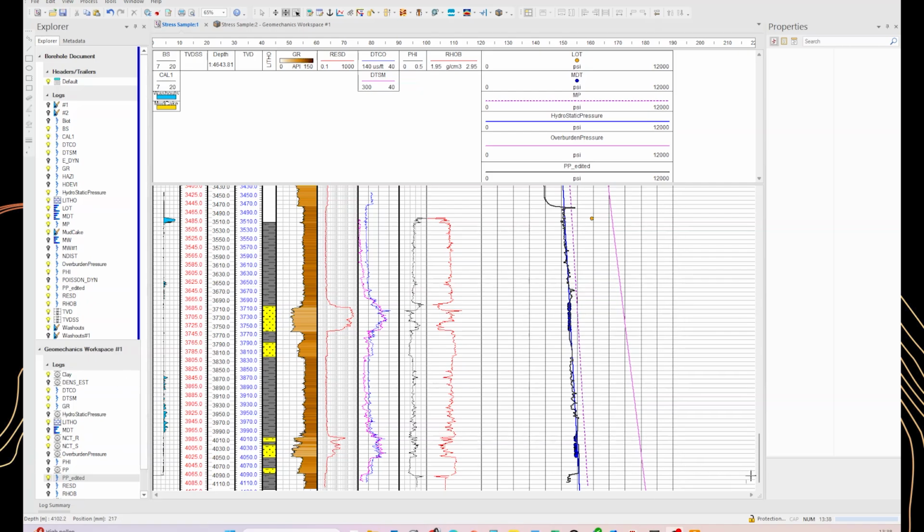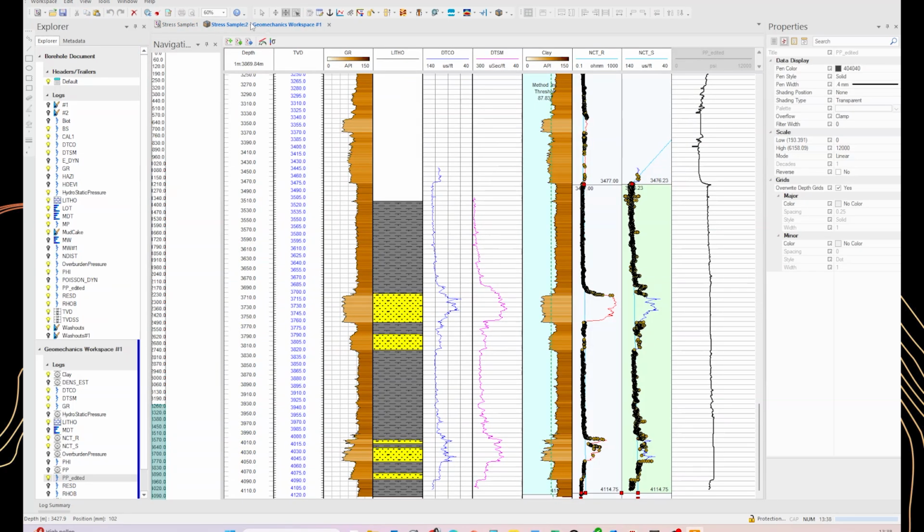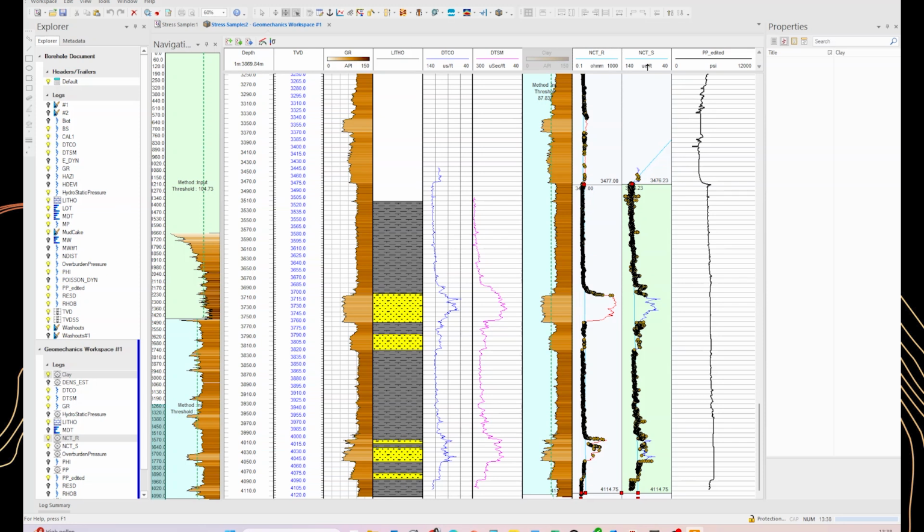So the calculations have been performed for the pore pressure in these intervals where we had MDT data, such as here and here, and this is the resulting curve. We can continue with the geomechanics process for the calculation of the SH-min and the SH-max, which are the minimum and maximum stresses.